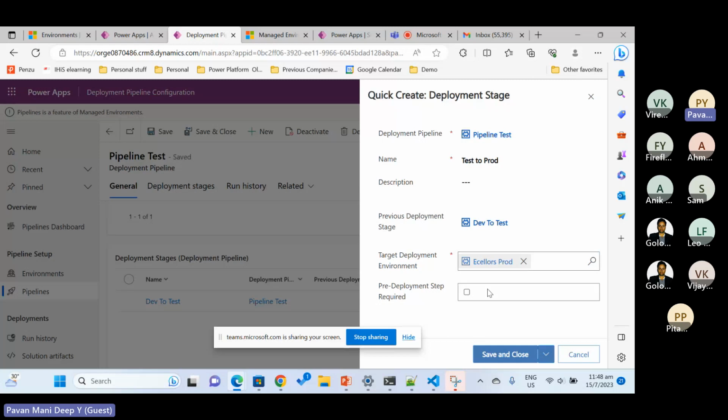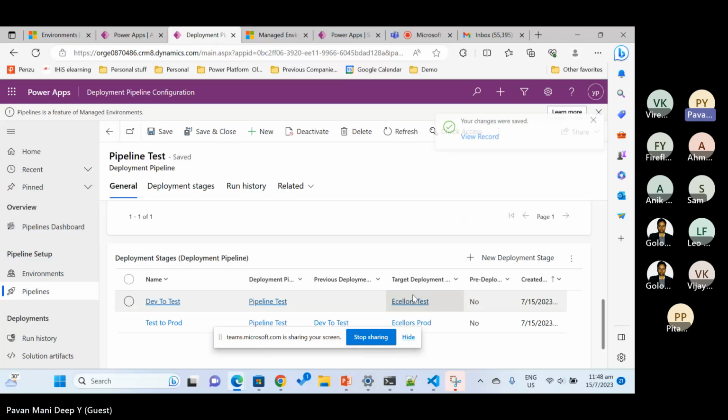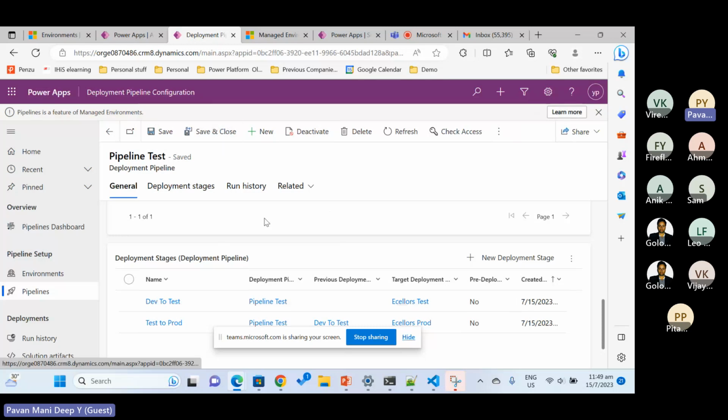Similarly, I will currently skip this pre-deployment step, and later we can see. So that's it. You just need to maintain this configuration in your pipeline configuration. Okay, make sure you are doing this pipeline configuration in the host environment. Okay, once you set up everything regarding the pipeline configuration of your environments, you can go to your